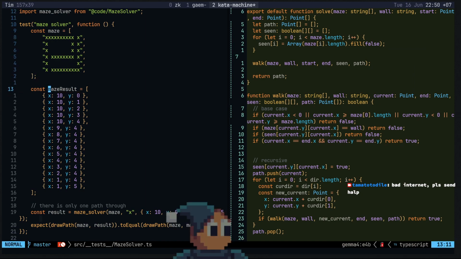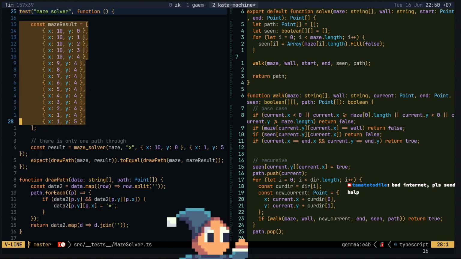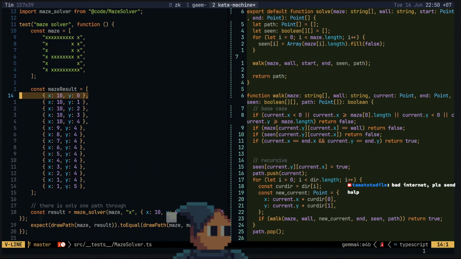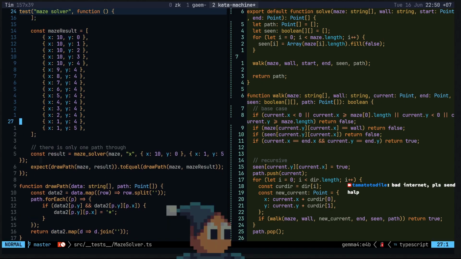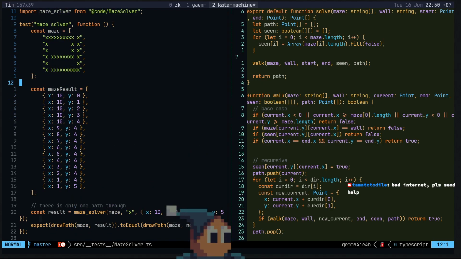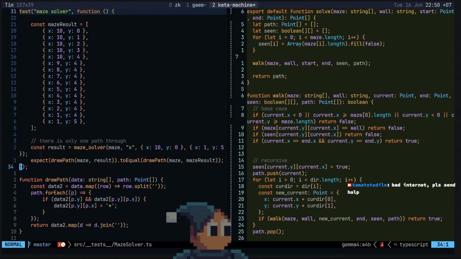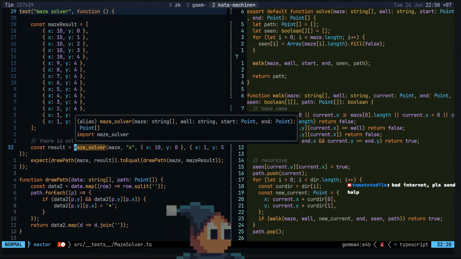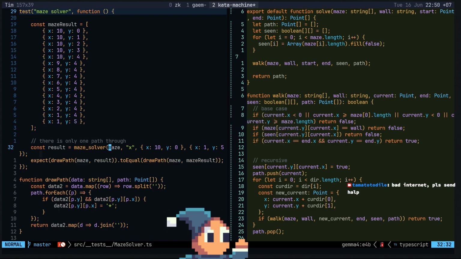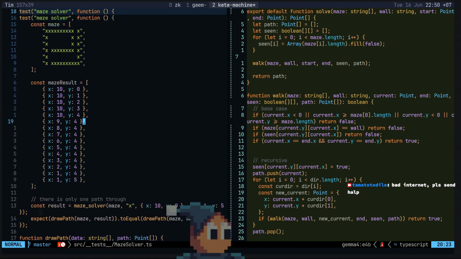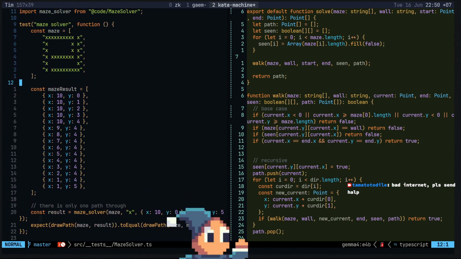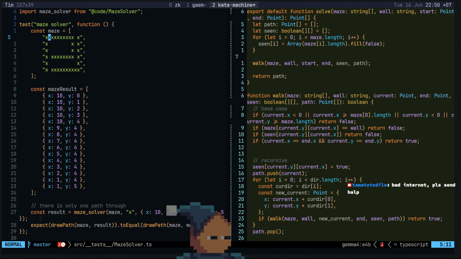So this is the result, which is, I'm guessing this is the start, and this is the end or something. Oh yeah, the maze solver. Maze wall start. Yep. So start is 10:0, finish at 1:5. Oh right, 10.